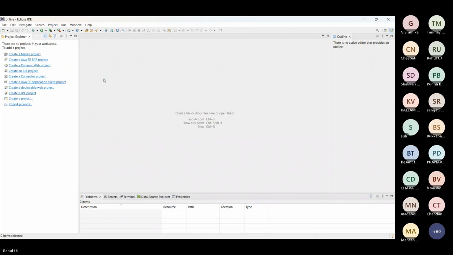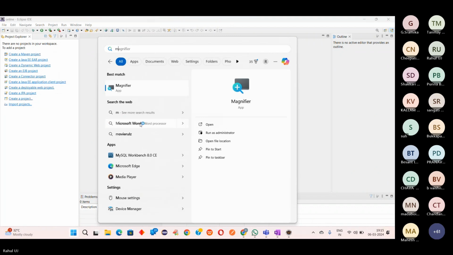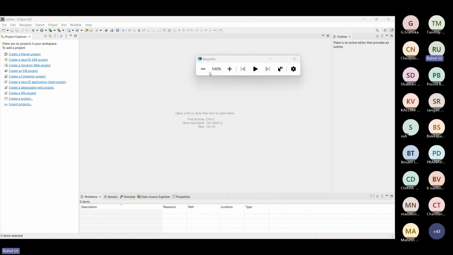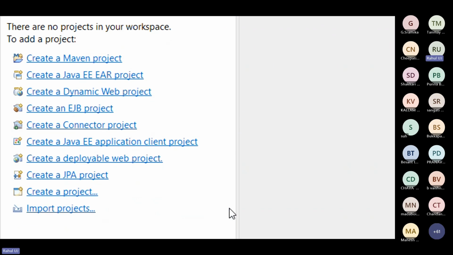Whenever you open the application with the J2EE version, this will be your basic Eclipse screen. Can you guys see these options? Create a Maven project, create a Java EAR project, dynamic web, EJB, connector, JPA.